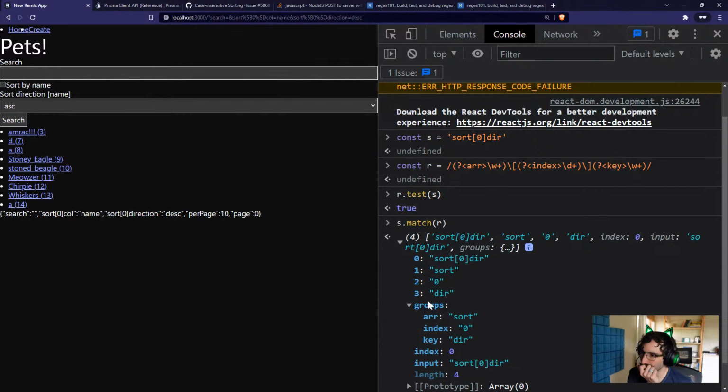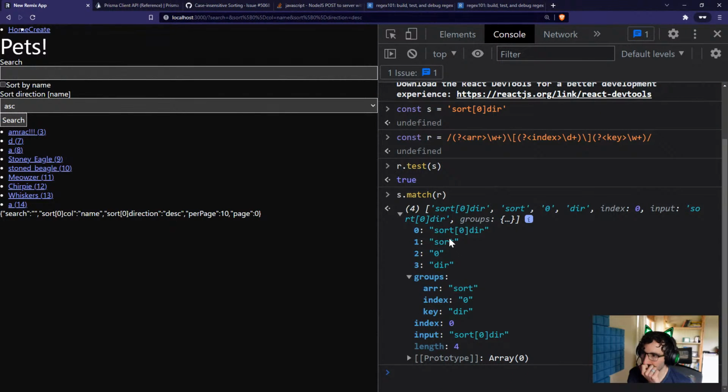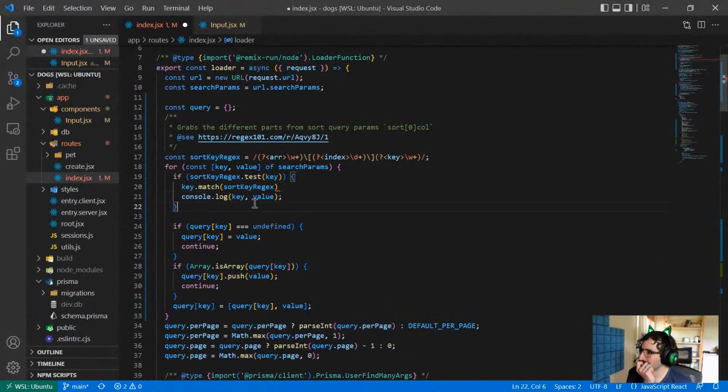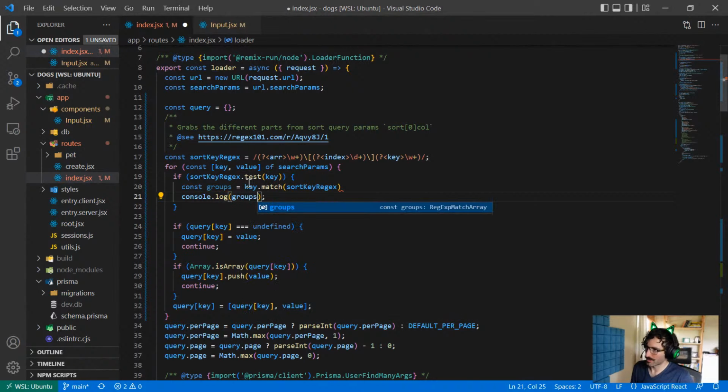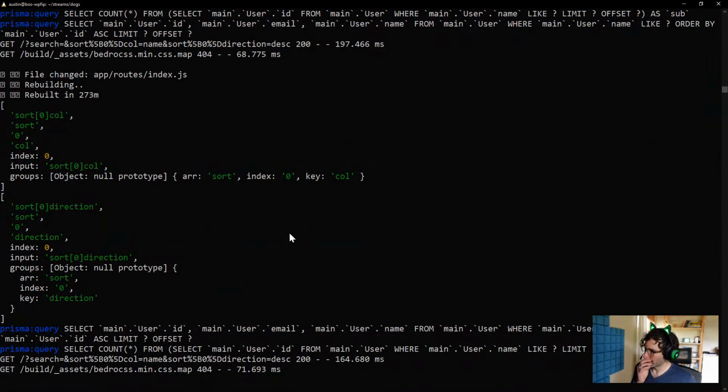And I've got the groups, okay. Index and key, cool. So we can say const groups equals key dot match regex, console log the groups, and what we will have